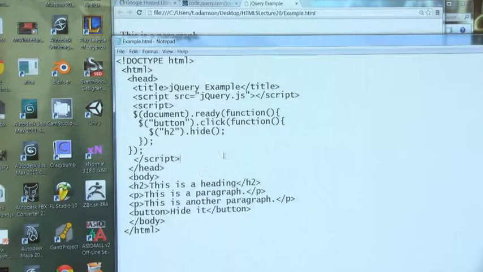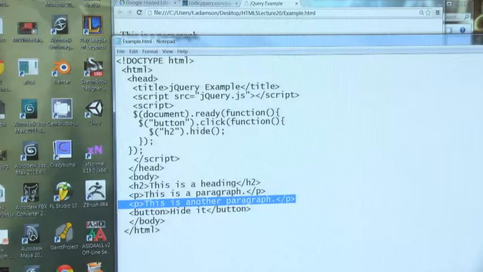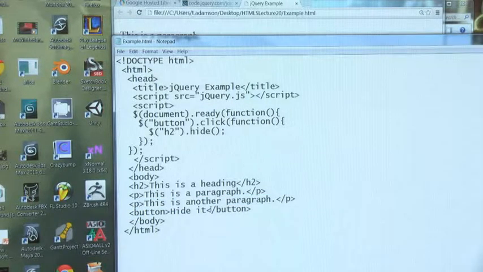Okay, now let's say that what I wanted to do is I just wanted it to hide the second paragraph and not the first paragraph. Like, I just wanted to hide this paragraph here. How would I do that? Well, one way I could do it is I could put an ID selector in here. ID is equal to, and what I need here is, let me call it P2 for paragraph 2. Now, in order to select this one, this is no longer going to be H2. This is going to be #